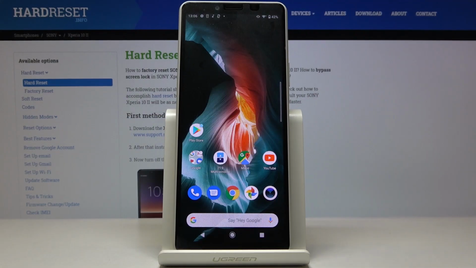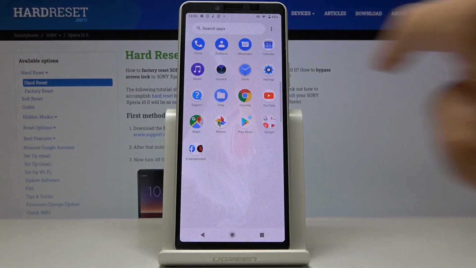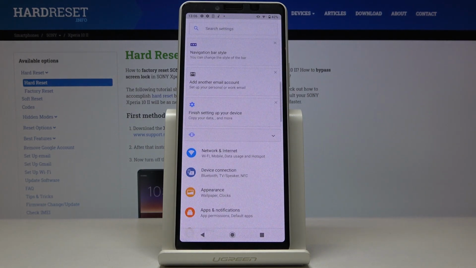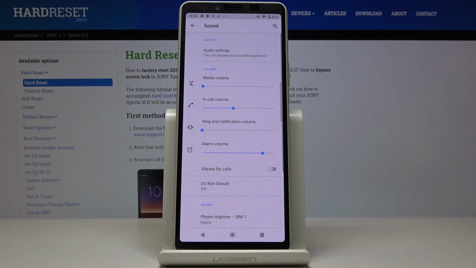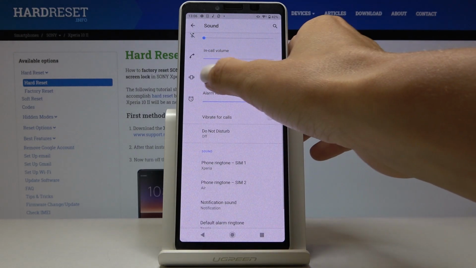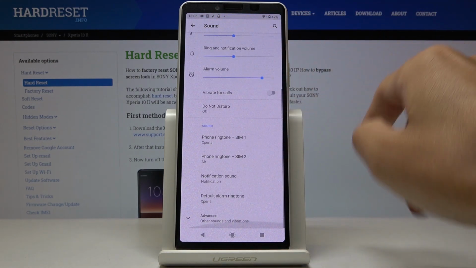Here we've got Sony Xperia 10 Mark II, and let me show you how to change ringtone on the following device. So at first you have to open the list of all apps, then find and select the settings. Now you have to locate and open sound, and let me just volume up ringtones, and then just select a